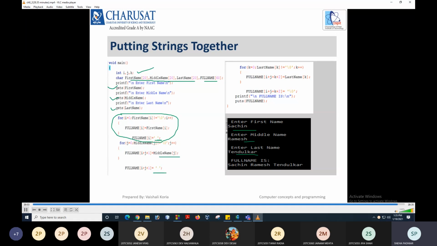And the last for loop is for copying the characters of the last name character array to the full name, and after this third for loop we have to append the null character to indicate the end of the string. Then we can simply use the puts function to print the full name to check our answer. So Sachin Ramesh Tendulkar is the output of this full name.